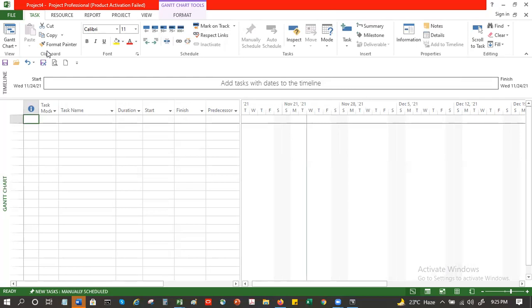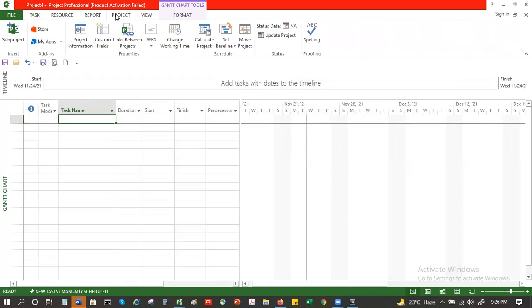Now, if you see here on the screen, the calendar dates are mentioned here, starting from around the current date. Saturday, Sunday, you will find it is grayish. Do you see this faint gray? That indicates the default non-working days, which can be modified as per your choice. So how do we do that? Let's see it. I first go to Project and there is something called Change Working Time.